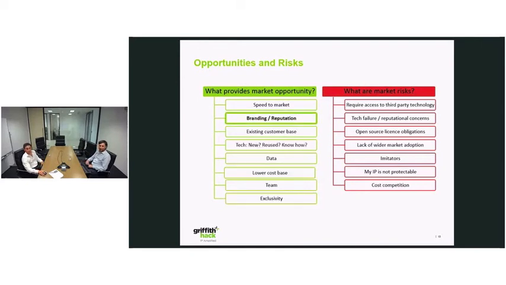So in fintech, another key aspect really is branding and reputation, and a lot of that is to do with the fact that you are dealing with people's financial information a lot of the time, and that's something that you have to do right, because if you do wrong, it's going to be well known very quickly that you did something wrong. So if there's an information leak, or if there was a hack, or if there's just simple mismanagement, then your brand and reputation is going to suffer.